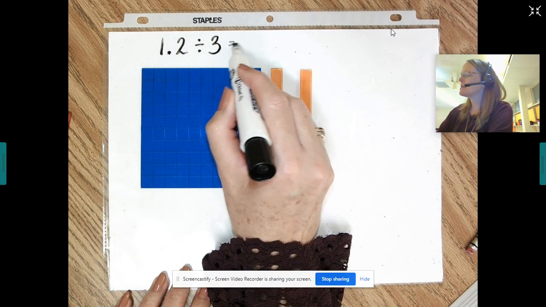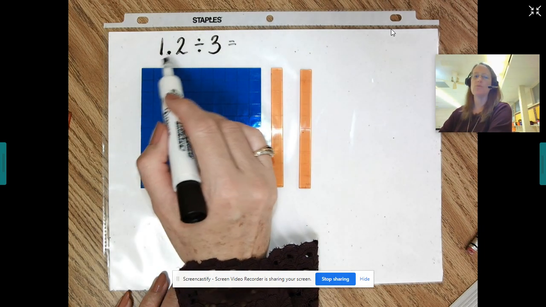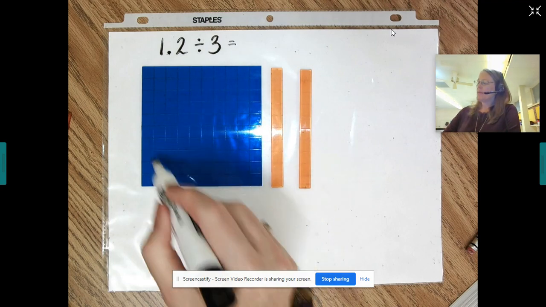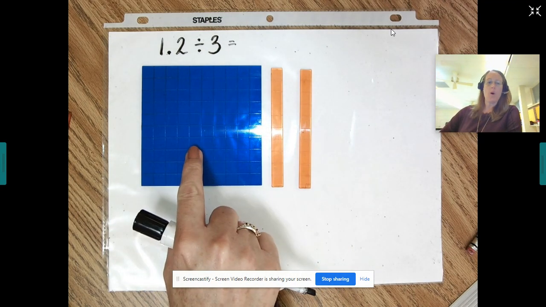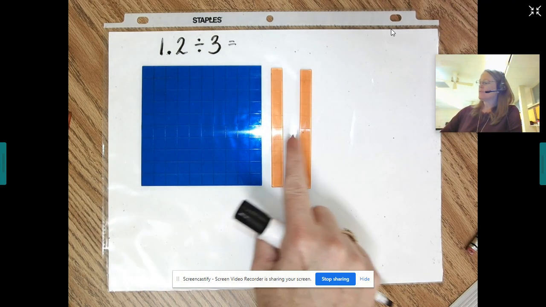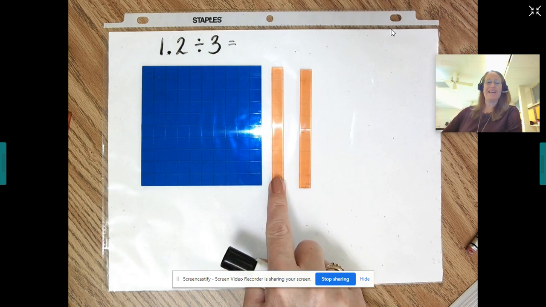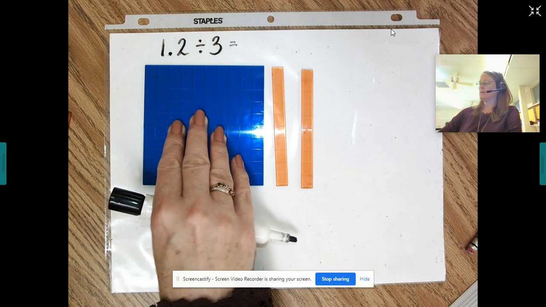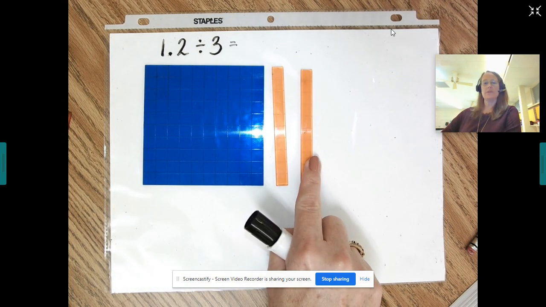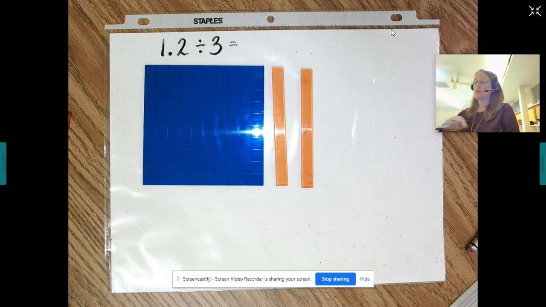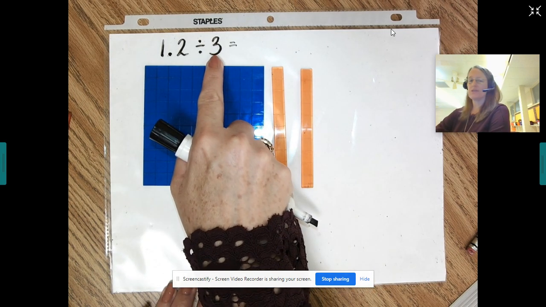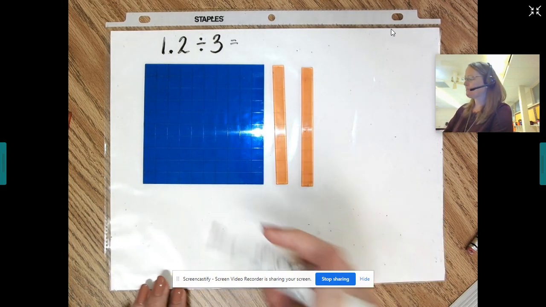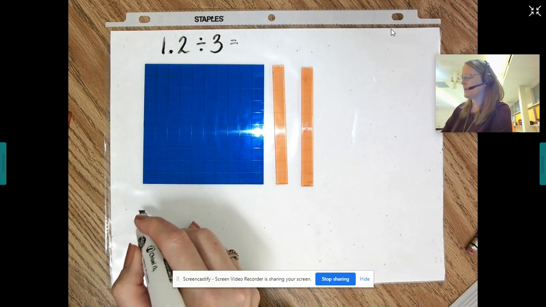So what I've done is I have represented our dividend 1 2/10 using these base 10 blocks. This block is going to represent one whole, and each of these blocks represents 1/10. So we have 1 and 2/10. What I want to do is divide these into 3 equal groups. So I'm going to kind of